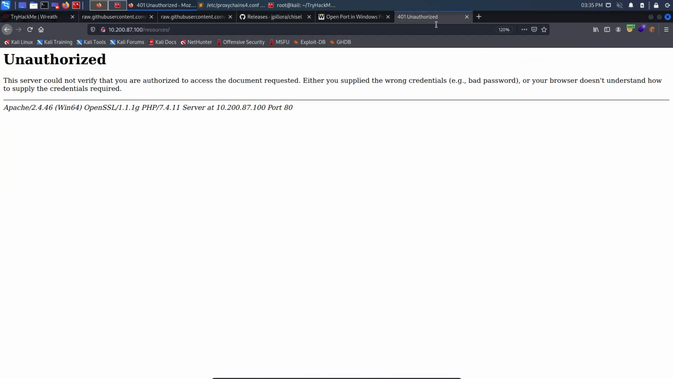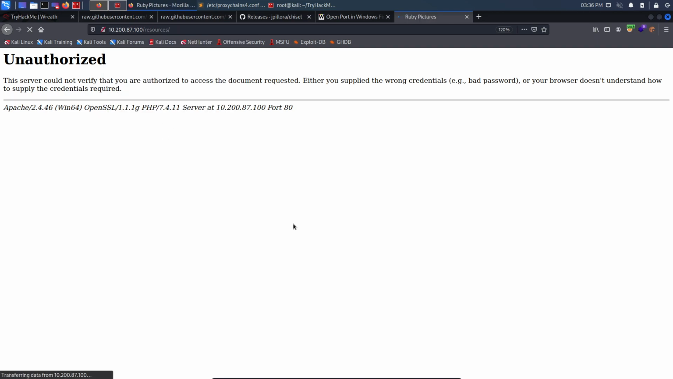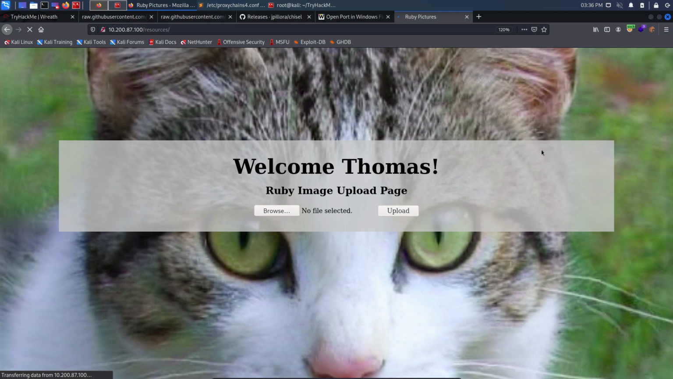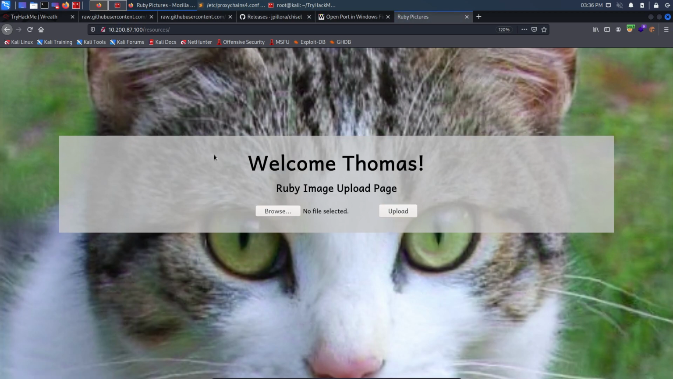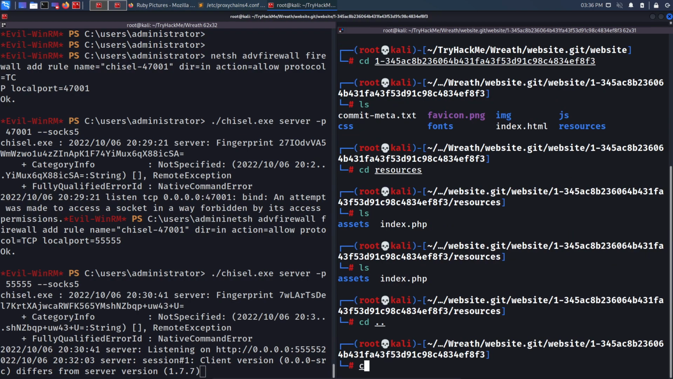So let's come here, and if I refresh the page, Thomas, paste in the password, click on OK, and here we have that file upload page. So now I have a file upload page. Let's analyze the source code of this one because I have the complete source code, and let's see how it goes on. So if I do ls, I think that was the second one which was having this page. So cd dot